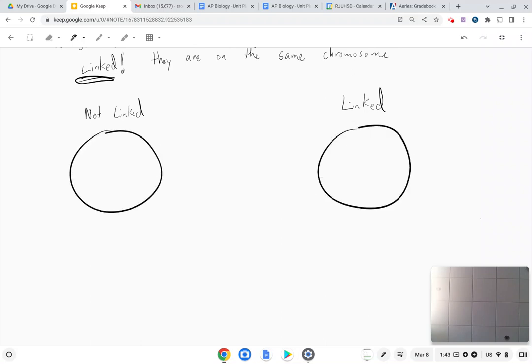So you got your cell, okay, and this is a parental cell, and it's going to be producing gametes, just like we saw yesterday. We're going to do meiosis. So say that they are in fact... Let's say that they're not linked. Okay, I'll start there. If they're not linked, then we're going to have... Oops, hang on. That was supposed to be pink. Yeah, so if they're not linked, we will have